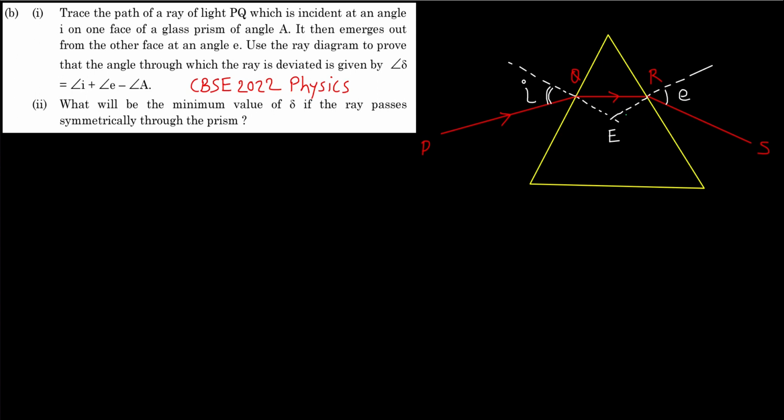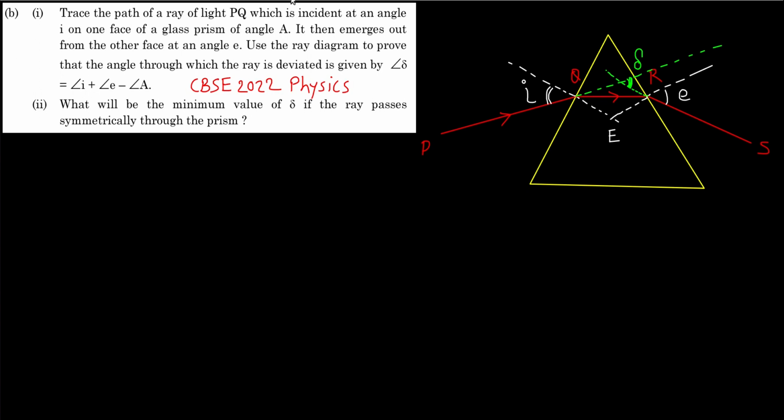What is deviation angle? Deviation angle is the angle between the path of the incident ray and the emergent ray. So we saw that PQ is the incident ray. So if you extend this ray in the forward direction, this was the original path of the incident ray, but finally the emergent ray is going like RS. This is the path. So if you retrace this RS ray backward, you see that these two paths meet at this point, and this is the angle by which the ray has deviated. So this angle between the path of the incident ray and the emergent ray is the angle of deviation, and that we represent by Greek letter delta. So we have to find the expression for this angle delta.